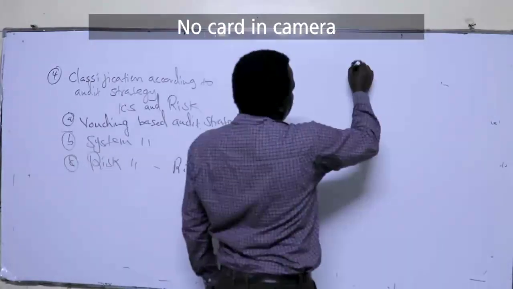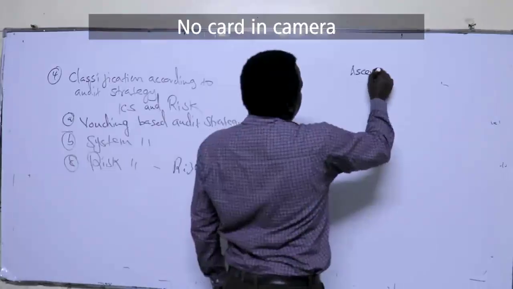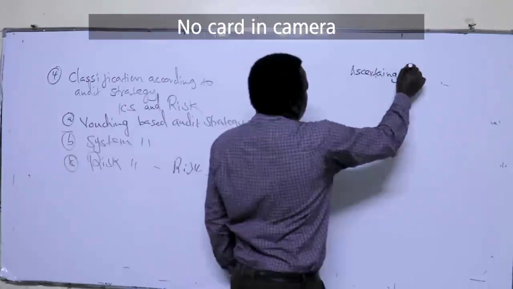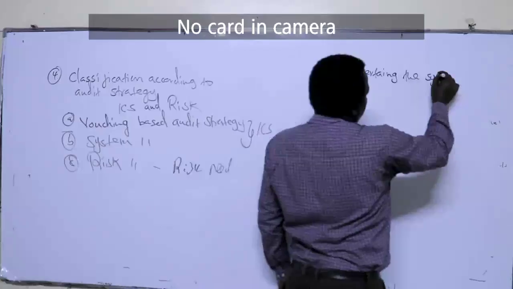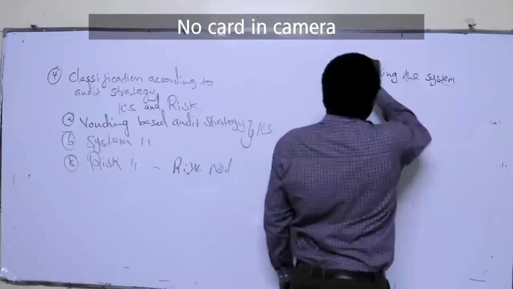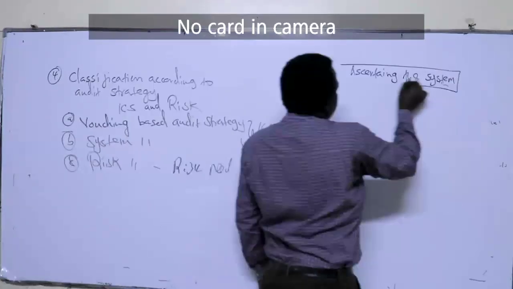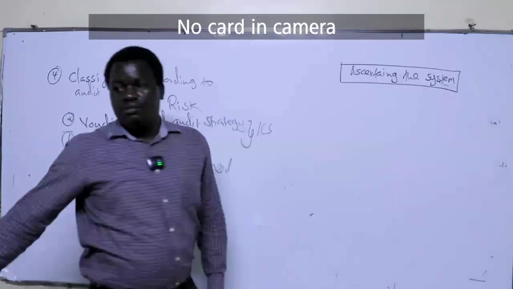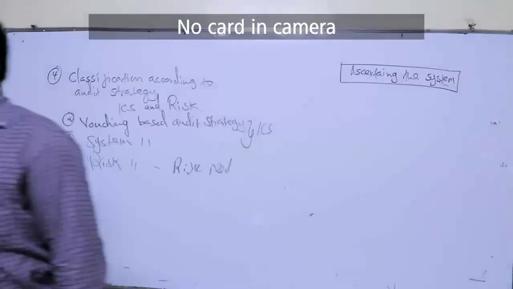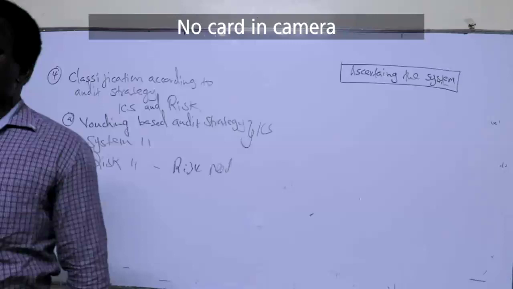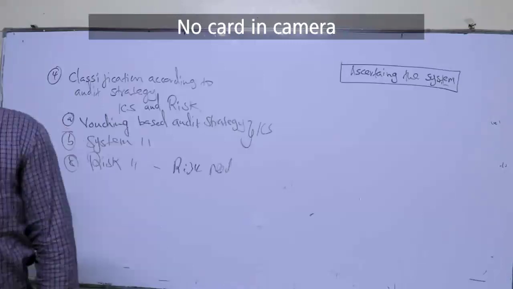Ascertaining the system. This is the very first thing auditors should be able to do. Understand that system. That's the first thing as an auditor you should be able to do as part of your audit procedures. Then it is followed by